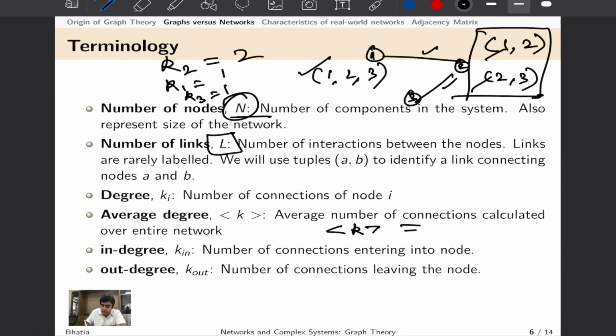So in this case, of a small network or small graph, because here we are not representing any real-world system, again, I said that these words can be used interchangeably. The average degree of this graph would be 1 plus 2 plus 1 divided by the total number of nodes, which would be 4 by 3. And here you see that directions do not matter, because if we say that 1 is connected to 2, 2 is also connected to 1 and so on, so we would not care about the